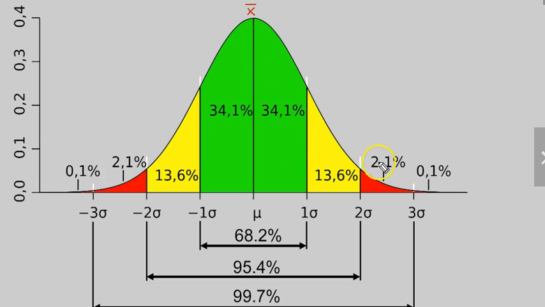This is a bell-shaped curve for standard deviation. And they're saying once you find the standard deviation, that one standard deviation this way and one standard deviation this way generally makes up 68.2% of your data,